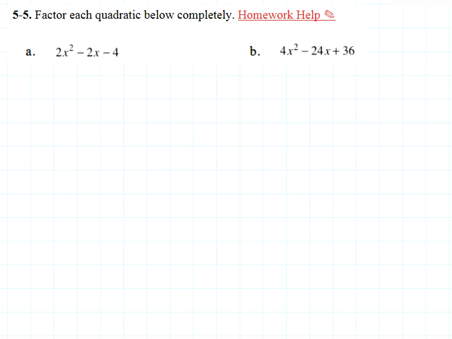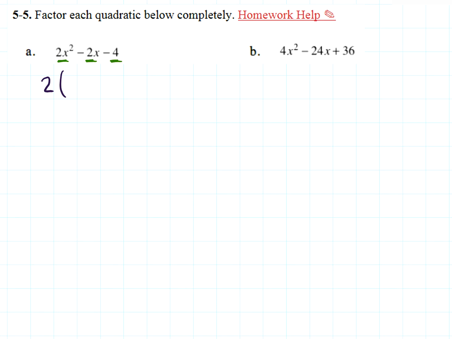Question 5 says factor each quadratic below completely. The first thing I notice with A is that there is a common factor of 2, so I'm going to factor that out. So this becomes 2 times the quantity of. And now what I'm going to do is divide every single one of these 3 terms by a 2 and